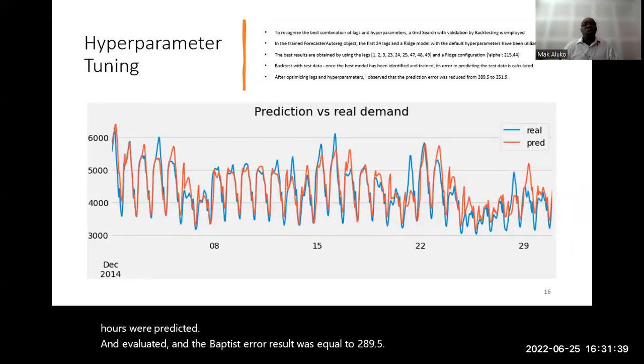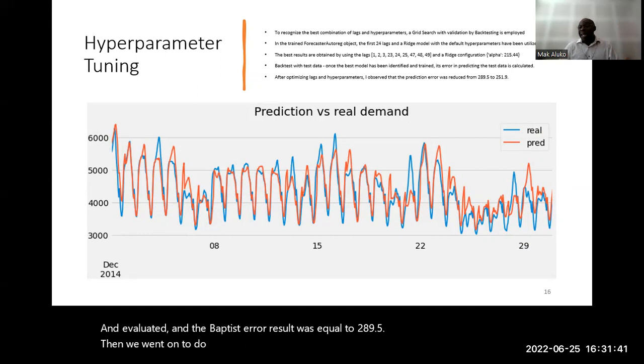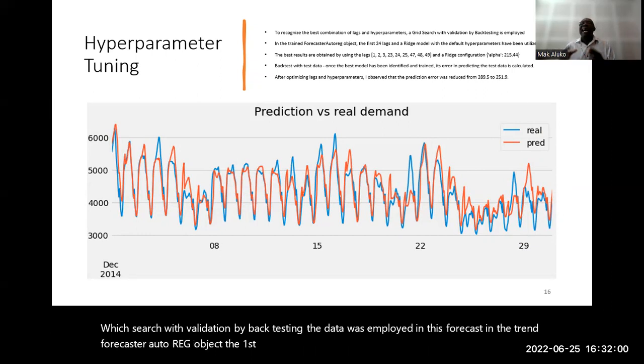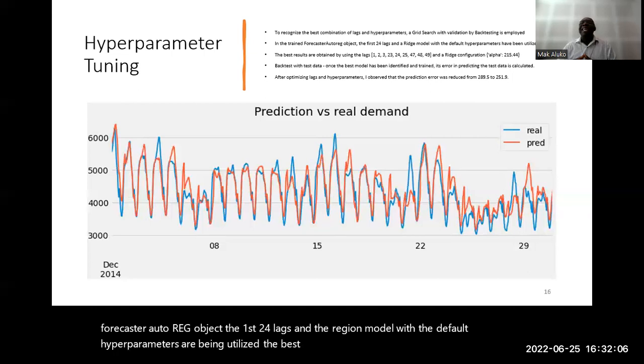Then we went on to do hyperparameter tuning to recognize the best combination of lags. A grid search with validation by backtesting the data was employed in this forecast. In the trained ForecasterAutoreg object, the first 24 lags and a ridge model with the default hyperparameters are being utilized. The best results are obtained. Backtest with